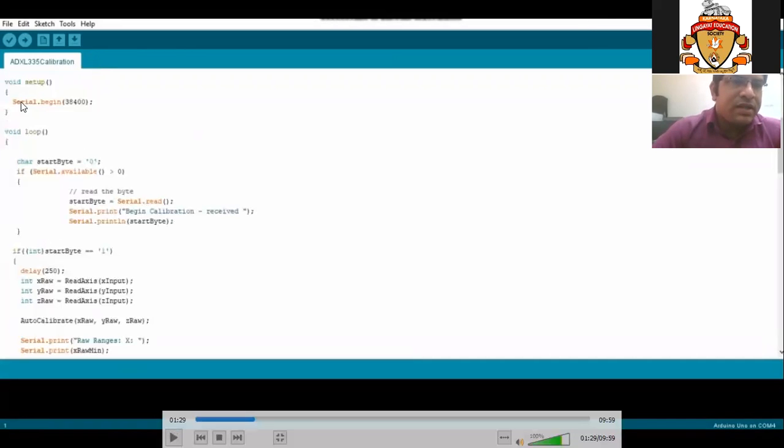Now this section, serial begin, is for serial transmission. These 3 commands will be reading the values in the x-axis, y-axis, and z-axis.